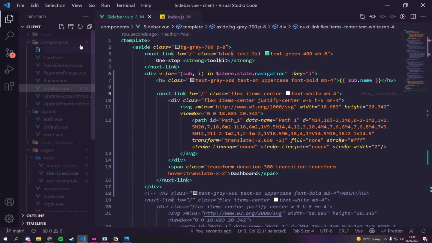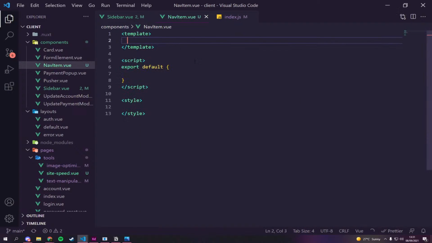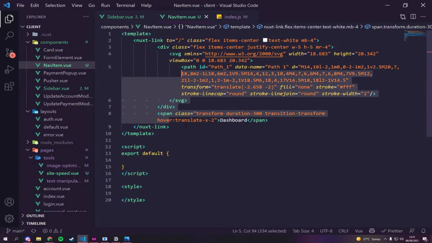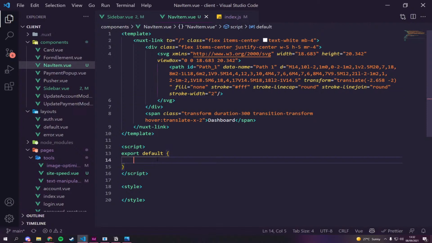We'll call this a nav item.vue. Let's just use the Vue default template, and let's paste in this here. Bring that back, and that should be good. Let's get some props going in here. We're going to have a URL.